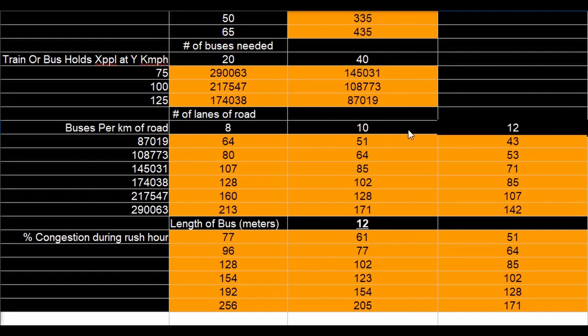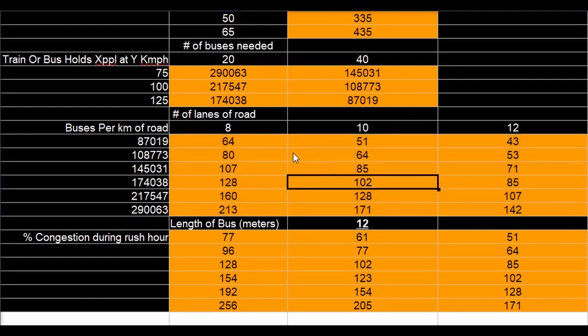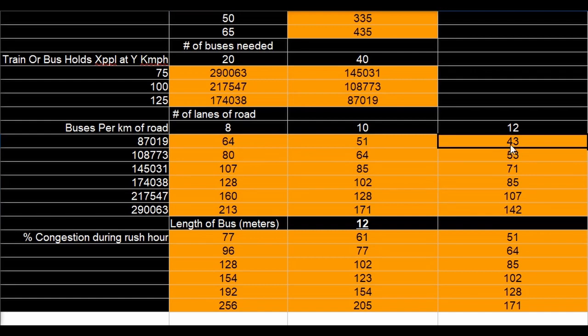You have to divide by 2 for each side. So this is a 4 and 4, 5 and 5, 6 and 6. So now this is our buses per kilometer of road. You just take the number of buses, take the number of lanes, multiply out. You divide by this number. I forget the exact formula, but anyway, I checked it. So at minimum, we have 43 buses per kilometer per lane, because this is dividing by lane.